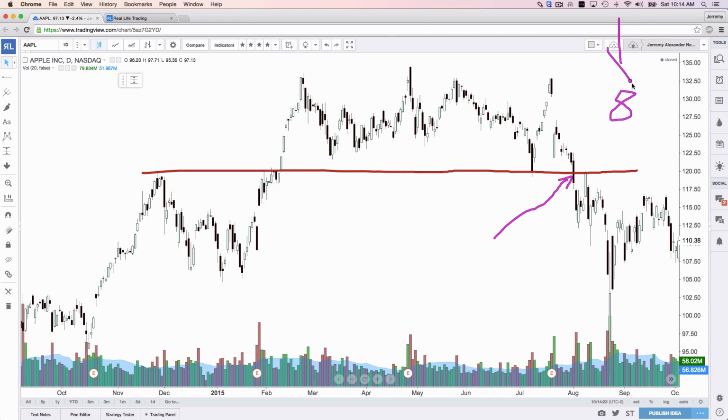Ladies and gentlemen, would you have taken the breakout or the retest? And the answer is retest. Yes, you would have missed 2 or 3 days of movement. Look at that. There's the retest. Look at this. Risk reward. Short the retest. Stop up there. Voila. Huge profits to be had. That's when you take the retest, all right?